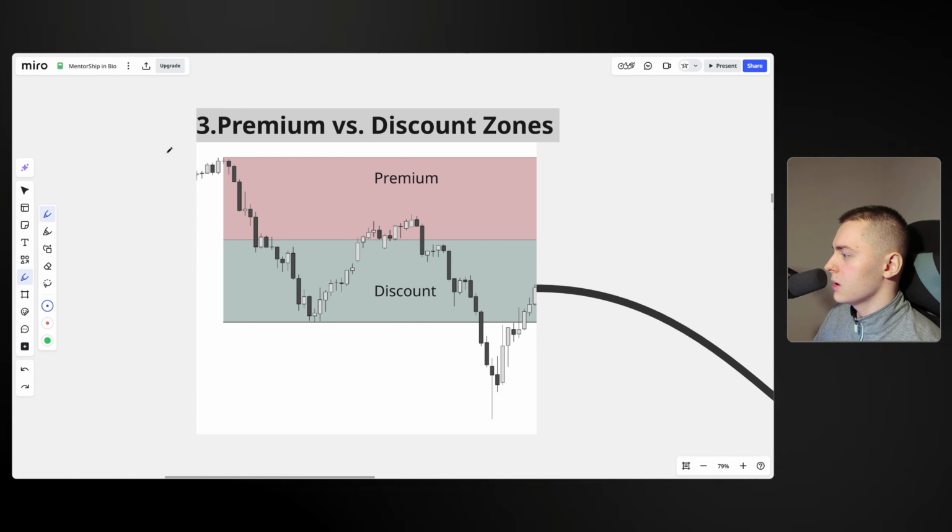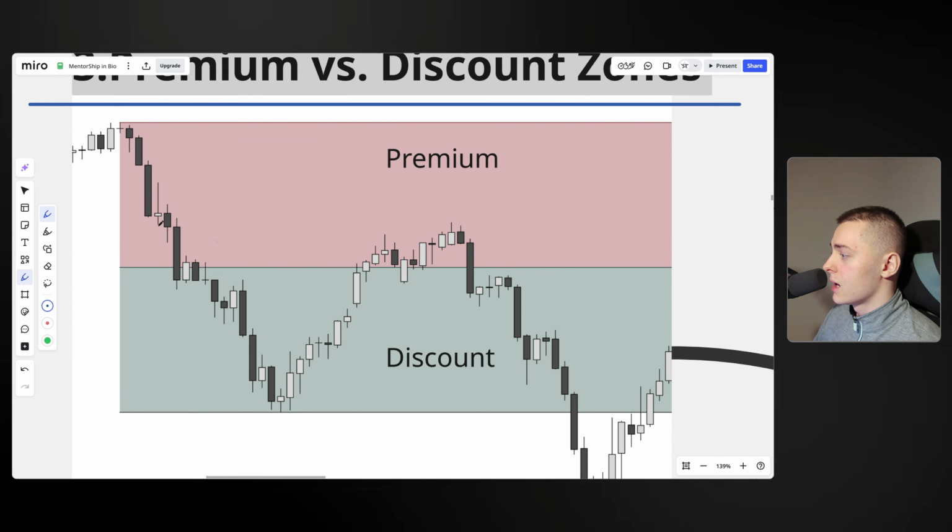So we have just talked about liquidity. And to know where high points of liquidity are, we have to understand the premium versus discount zones. Now, the premium to discount zones are very self-explanatory. You take one swing high and you take another swing low. If you now split that entire range into 2 ranges and cut it into the middle, you have the premium and you have the discount range.